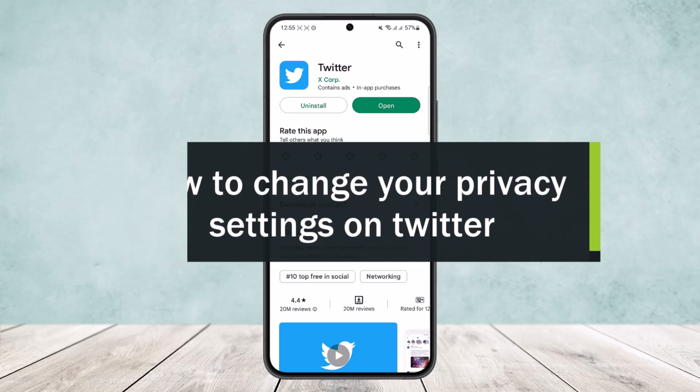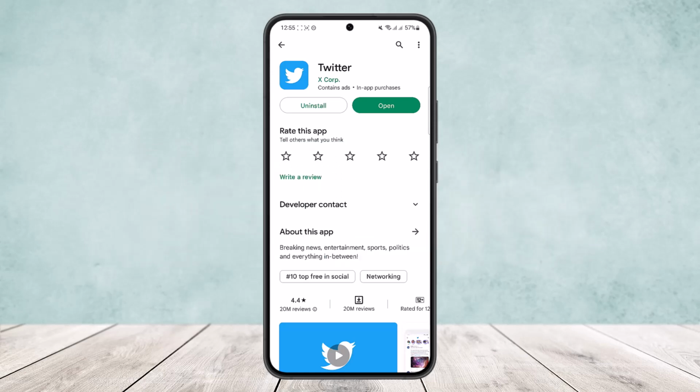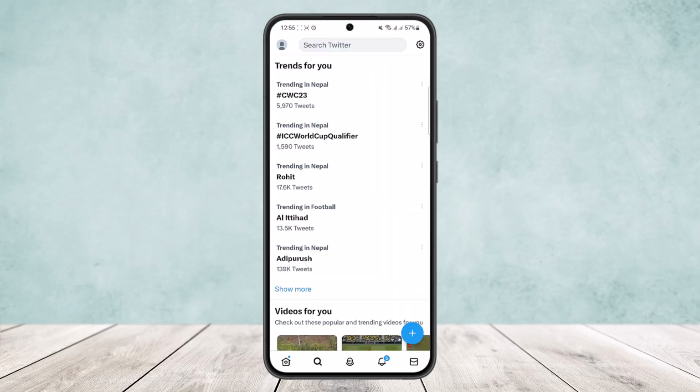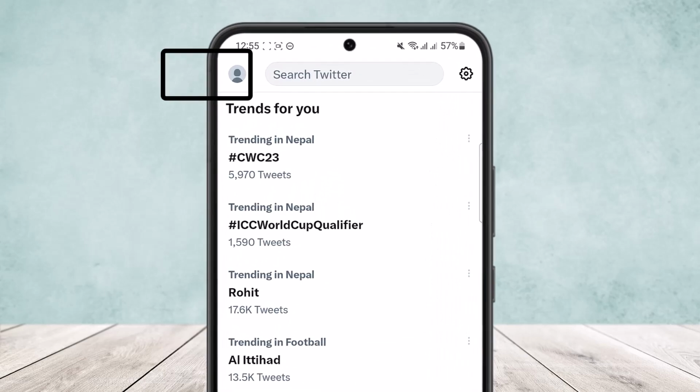Today I'll guide you on how you can change your account privacy settings on the Twitter app. Now, it's quite simple and quite easy. First, open up the Twitter app. You'll get an interface like this. Make sure you're logged into your account and tap on the profile icon at the top left corner of your